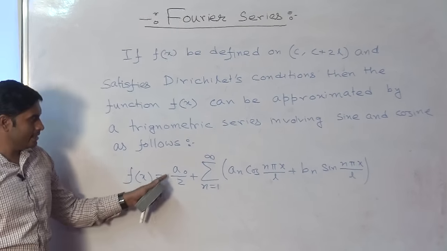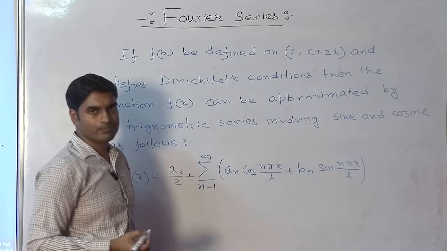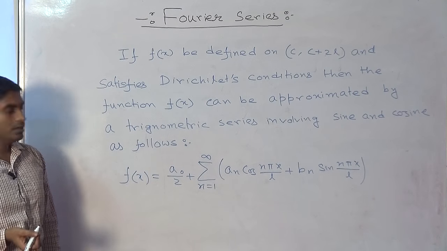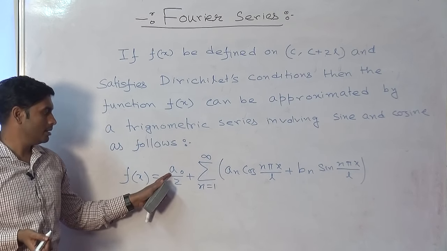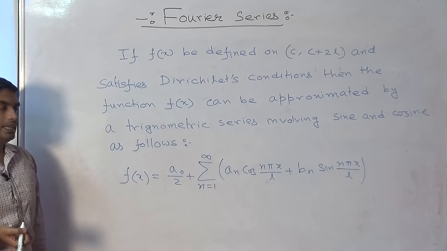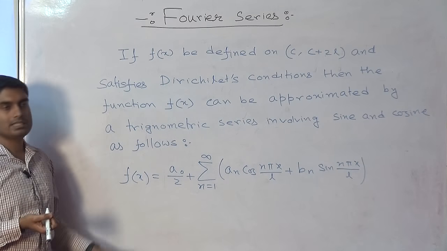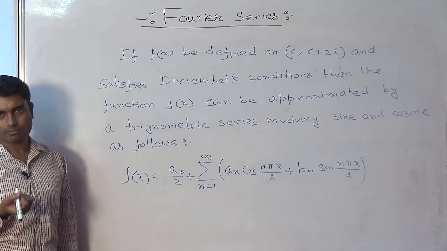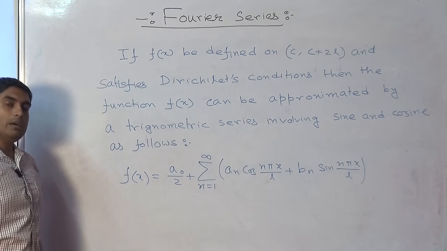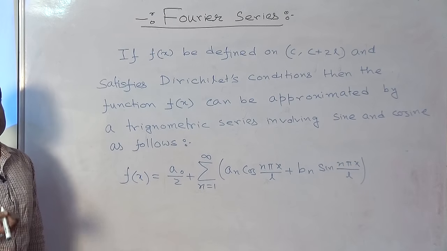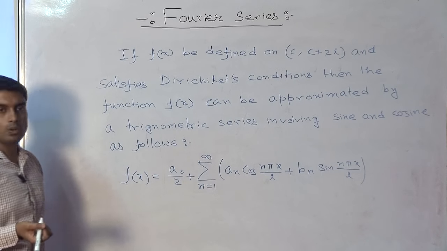So this a0, an and bn, these are called Fourier coefficients. We have to find what a0, an and bn are. So in the exam basically one function f(x) is given and you have to find the Fourier series of this function. So we have to find that a0, an and bn. This a0, an and bn is called Fourier coefficient,